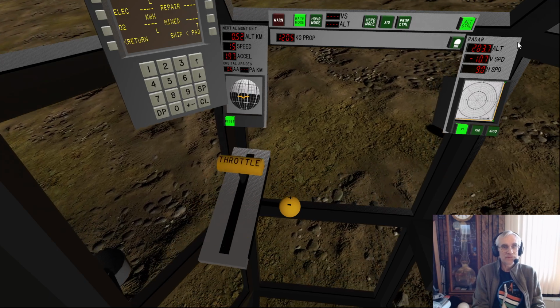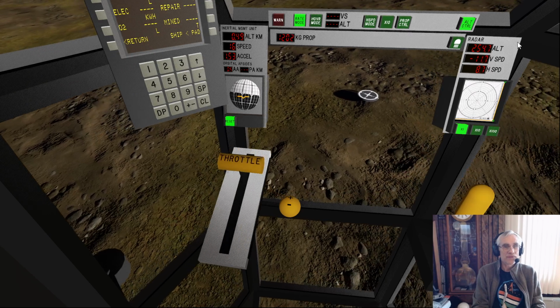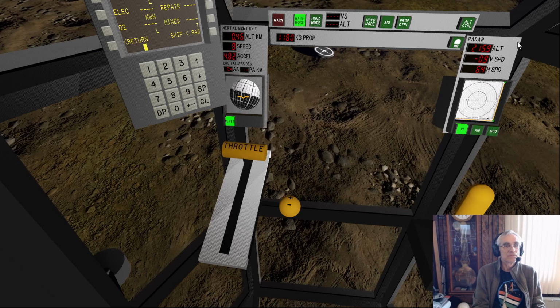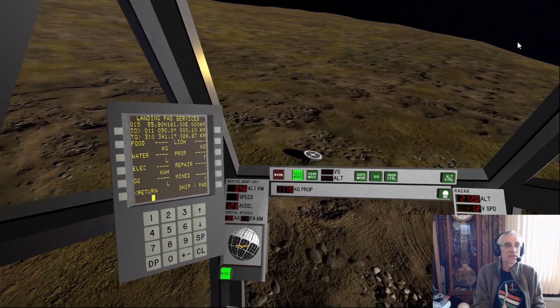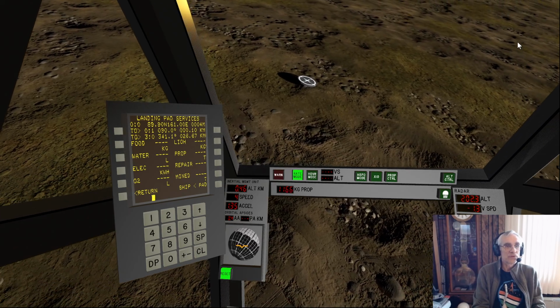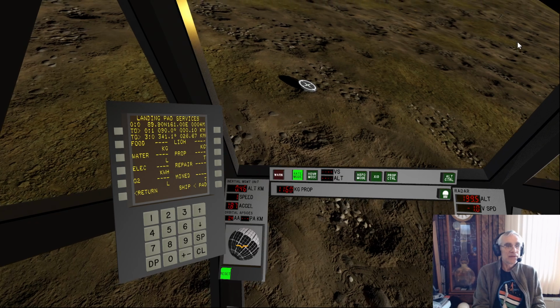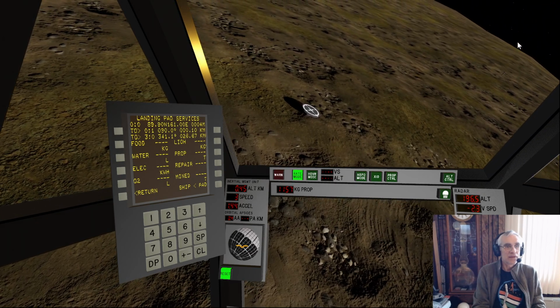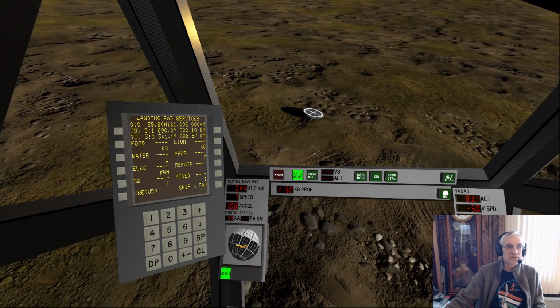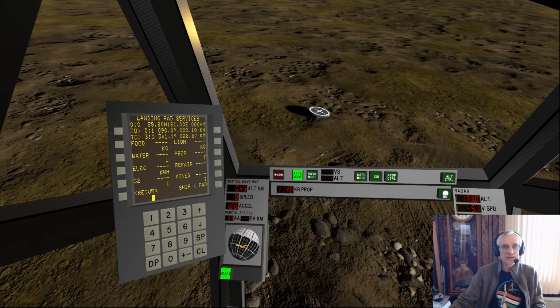Slower descent. Yaw over to face. Got a little horizontal motion again. Tip forward towards the pad. Now this is where the cross-pointer display comes in handy.